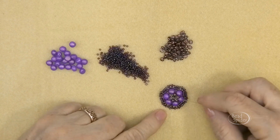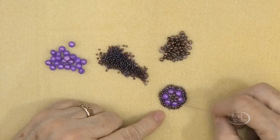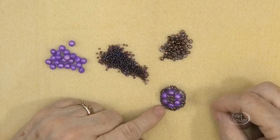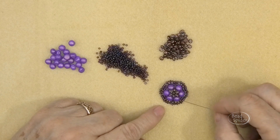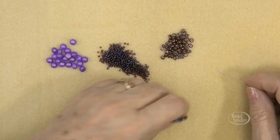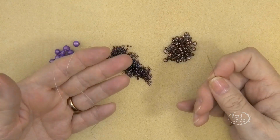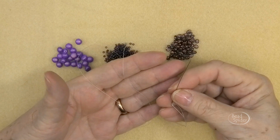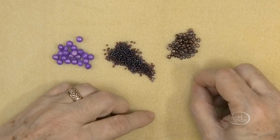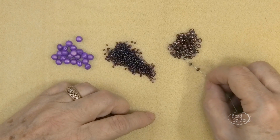This bracelet is made using a series of these hexagons. So I'll begin now to show you how to make one hexagon, and then it's just a simple matter of repeating. So we'll begin with, I've cut a meter of thread and I've put a beading needle on one end, and I'm going to pick up 6 of the twin beads